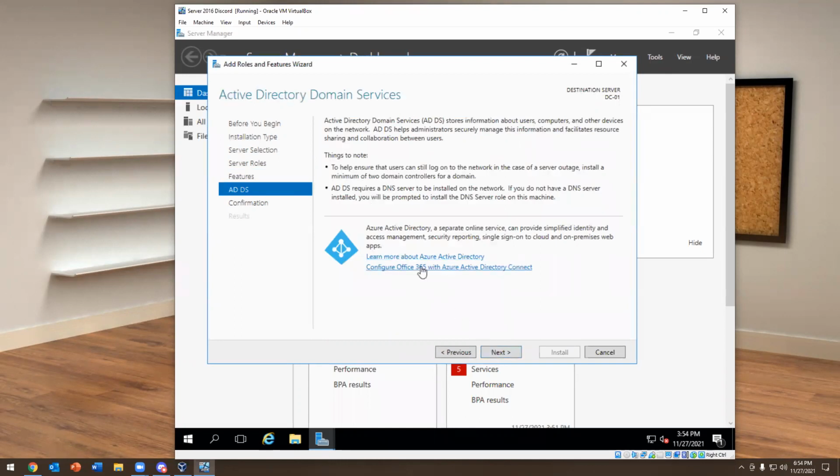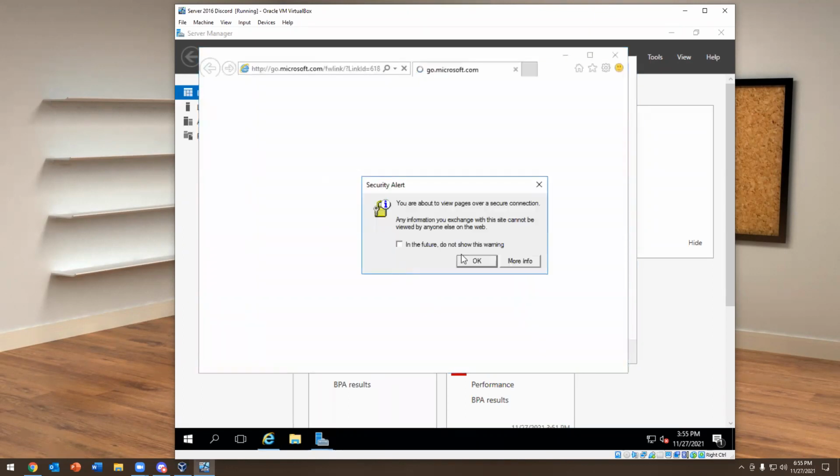And then what is this? Kevin, what is this? So this is for Azure AD Connect. If you're trying to connect your Server 2016 AD on-prem with Azure services, then you would go in here and set it up. And it even gives you the option, like when you click on it, right? It tells you